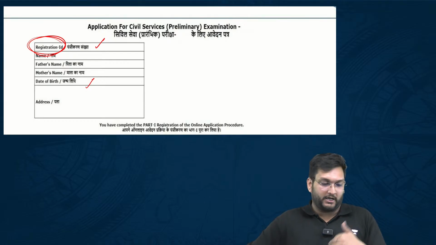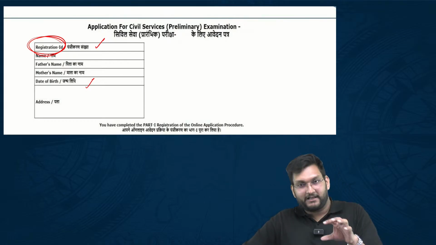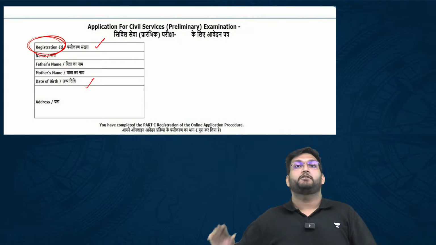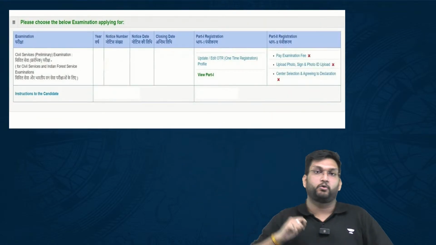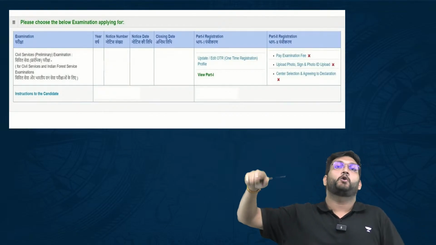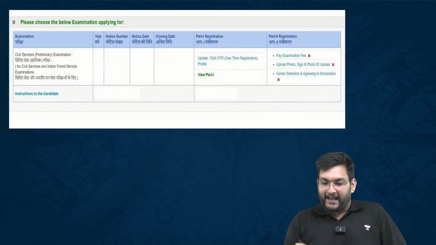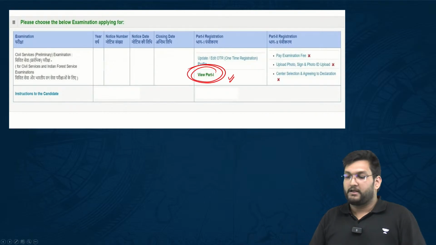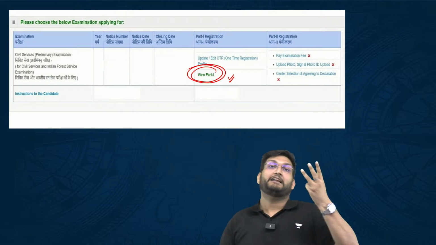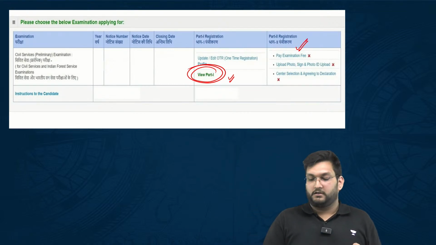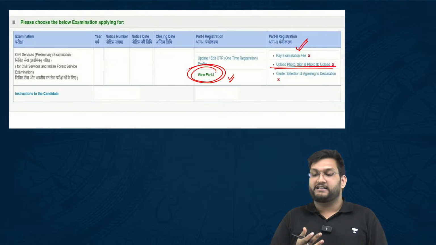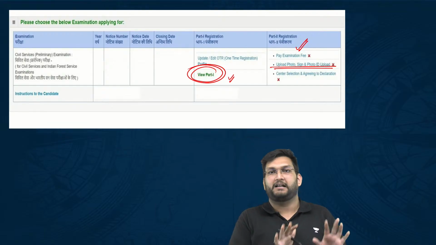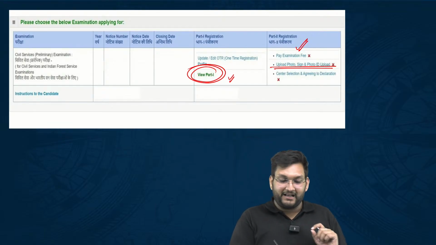Now comes part 2. Now, how do I go to part 2? I'm again going to close this, what we call as a window, and go again to the dashboard. To reach to the dashboard, I may have to log in again. I will log in again, and it will say view part 1 in green, means that you have completed this step. But you see, 3 steps are missing. Fee payment, uploading the photo and signature and photo ID, and thereafter in photo ID, most probably keep it Aadhaar or voter ID standard, and then comes the